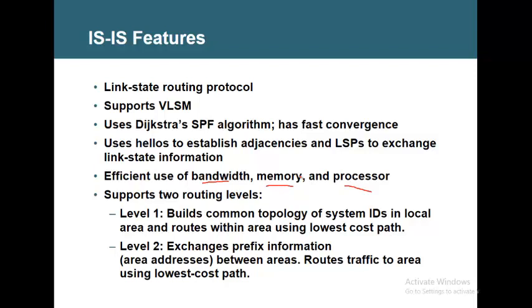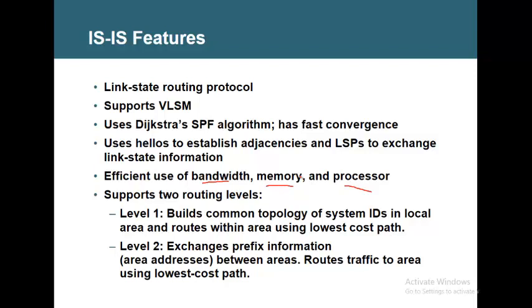When you say cost in OSPF, what do we mean? We mean that based on bandwidth, the cost is calculated, using which the shortest path is calculated. For that, there is process utilization there. We don't have such a thing in ISIS. In ISIS, bandwidth is not used. And how is the cost calculated?